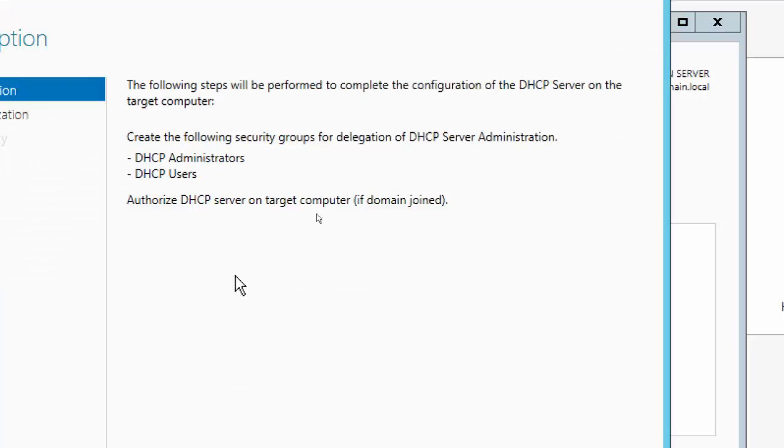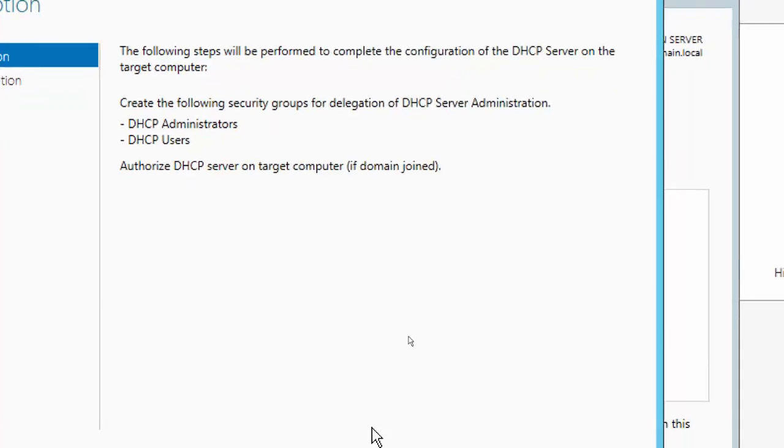So click it. Now it's going to create 2 security groups, one is DHCP administrators and the other DHCP users. Authorize DHCP server on target computer. Yes, we need to authorize, otherwise it's not going to work if you do not authorize from Active Directory. So next,